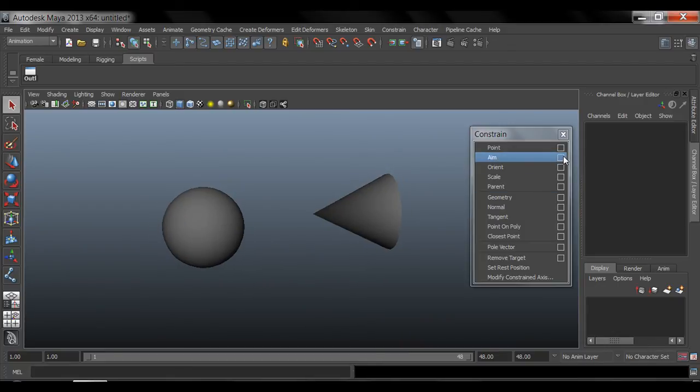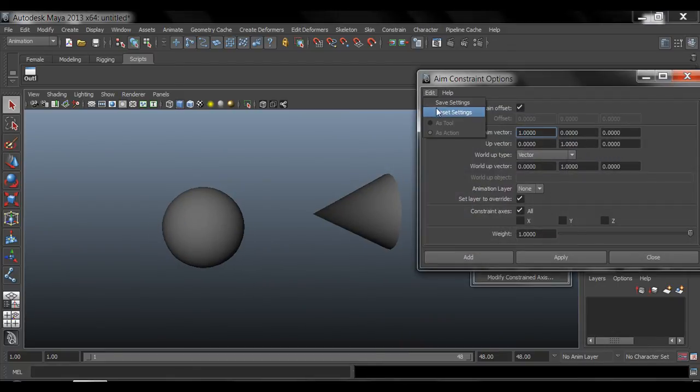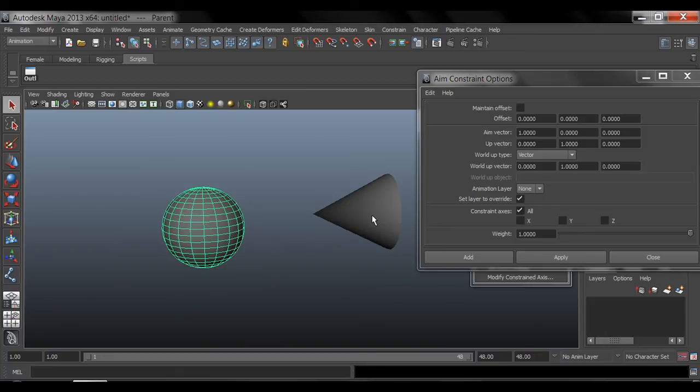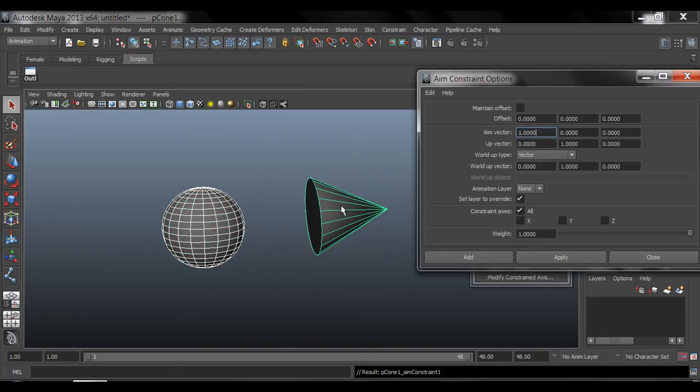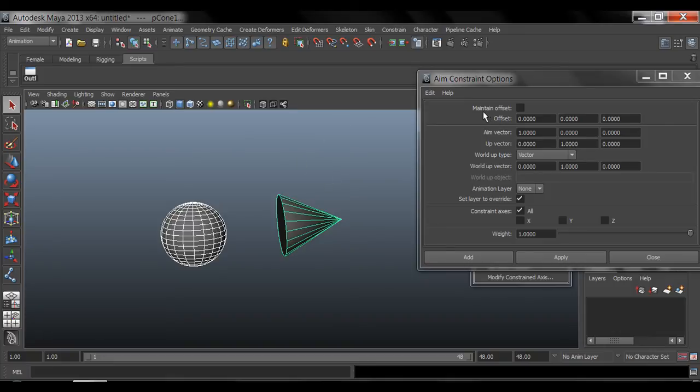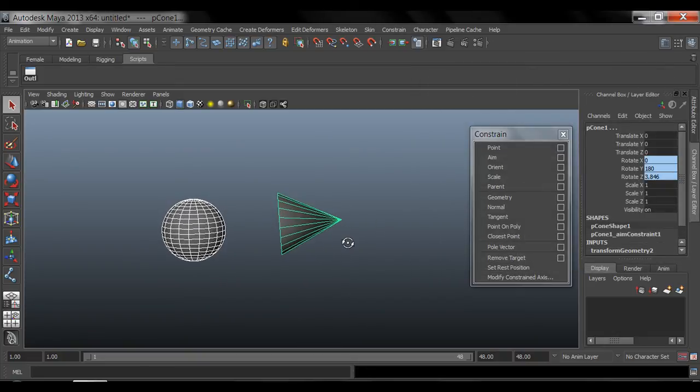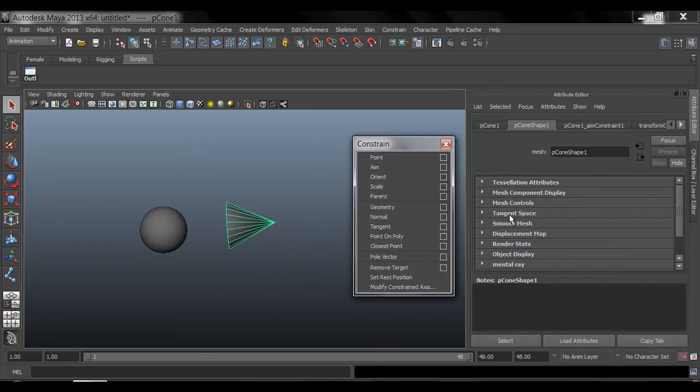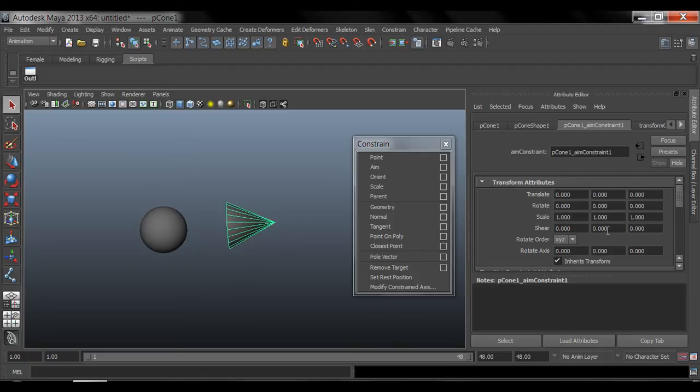So if we go into the options, go to edit, reset. Remember, I'm not too worried about all these settings. The only thing I'm concerned about is the maintain offset. So again, if we do the parent, child, and then constrain them, normally if we uncheck maintain offset, it's going to flip out to another direction. And the reason for that is because it has a different type of pull vector, which can get a little bit more complicated, but pretty much what you have to do is come in here and find the pull vector,